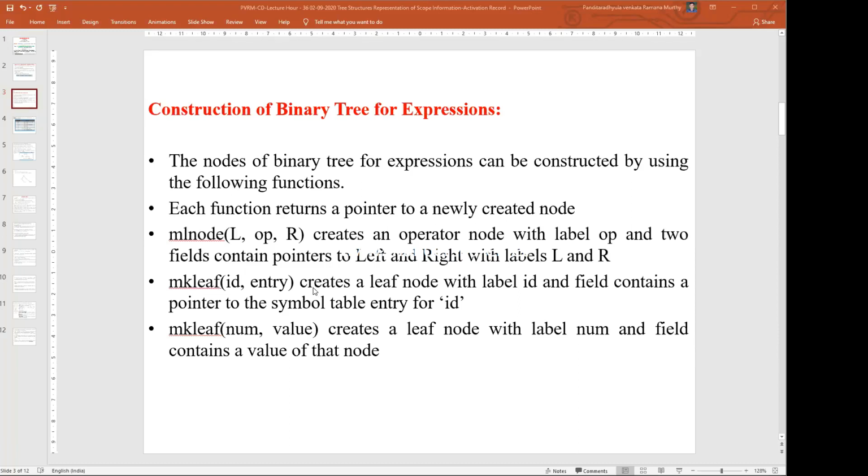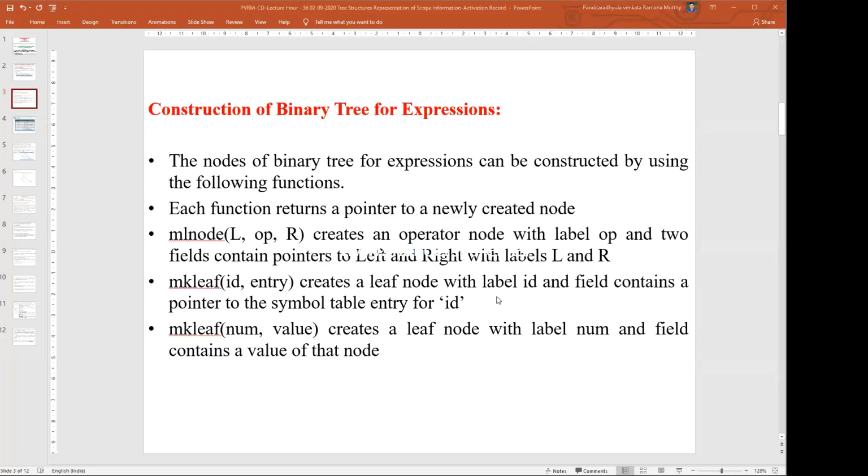If the operand is a variable, then we can identify it as id, or if it is a constant or a number directly, we can call it num. Whether the operand is a variable or a constant, we can use a function called mkleaf, that means make leaf.